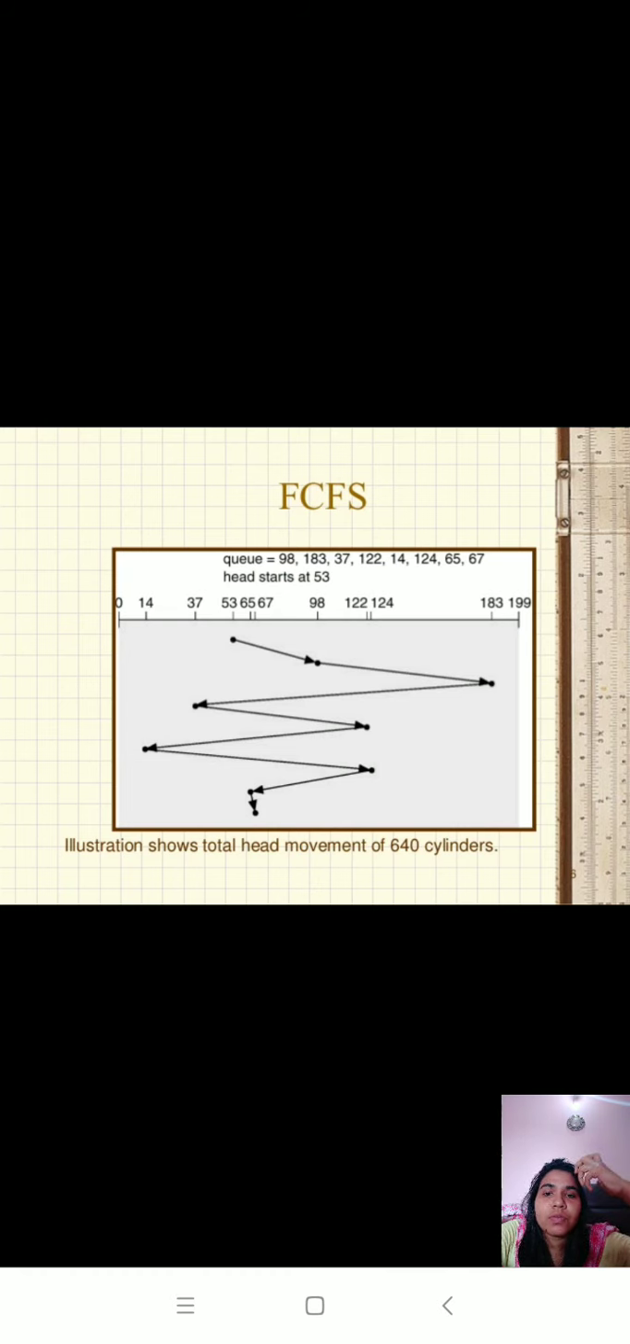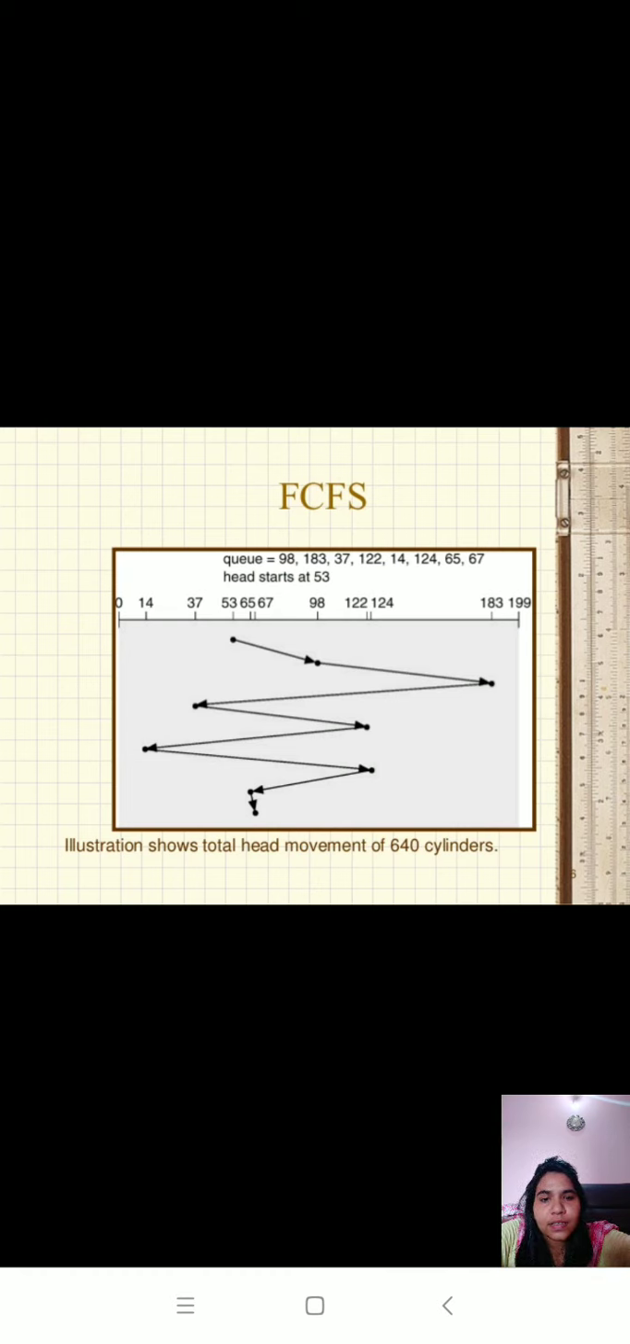but we have to solve how much time it will take and what is the throughput of this magnetic disk. Okay, so total head movement of this cylinder is 640. How can you calculate this? You have to